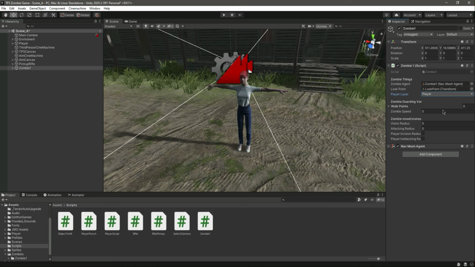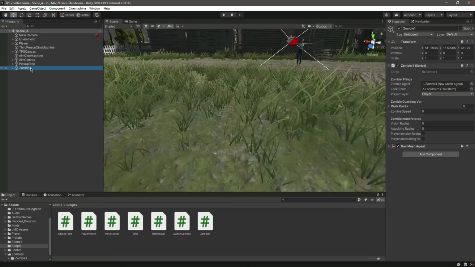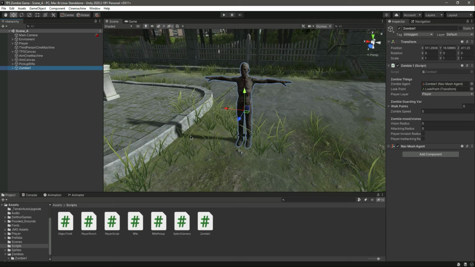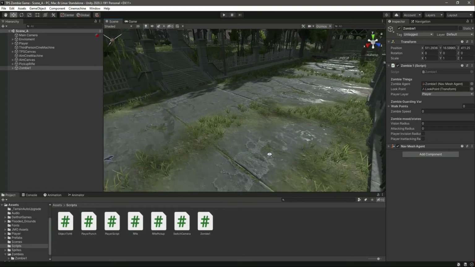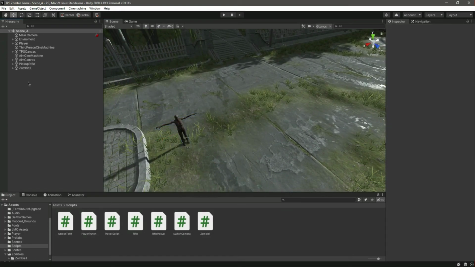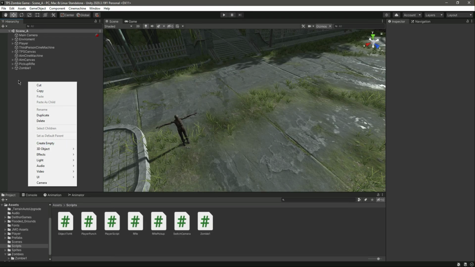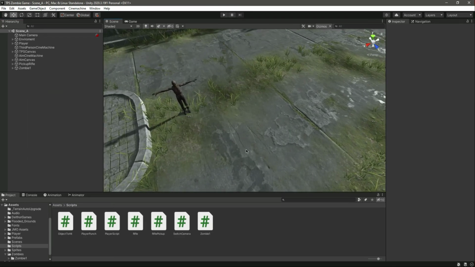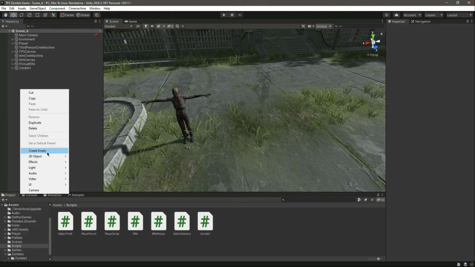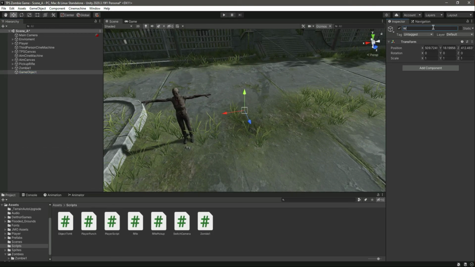Right here we need to provide the walk points, and as I told you, you can add different walk points, for example 4, 5, 6 or whatever you want. Okay, but for now I will simply add 2 walk points. So right here, on the ground, let's create an empty game object. Let's name this walk points. Okay, and in here let's create another empty game object and let's name this walk point 1,